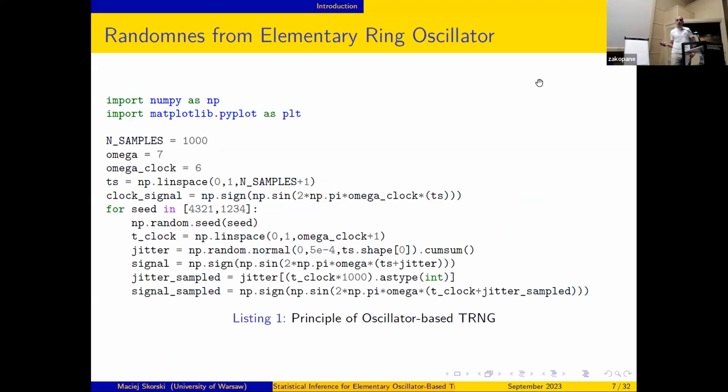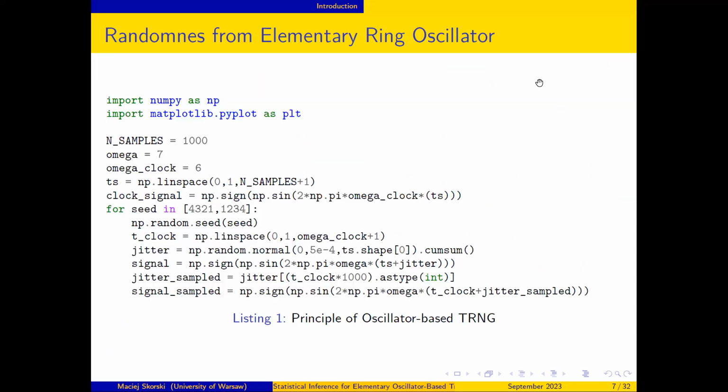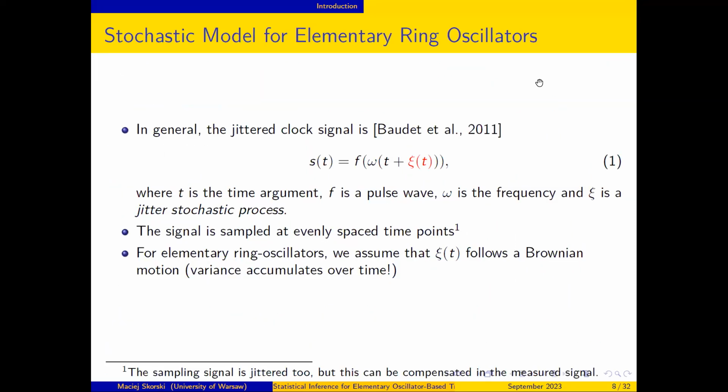In reality, both are jittered, but the trick is, for modeling purposes, to shift the jitter from the clock to the target. So we actually compensate for some deviations here by multiplying the variation here. And we still get stochastically equivalent results. This is the trick. So our clock is jitter-free. And the jitter in the upper part is going to accumulate according to the Brownian motion.